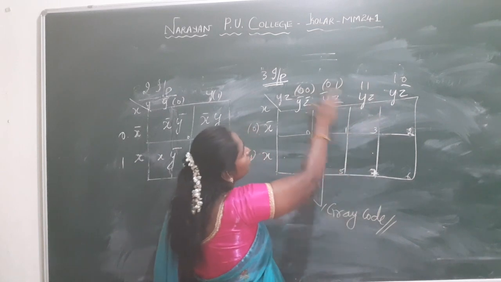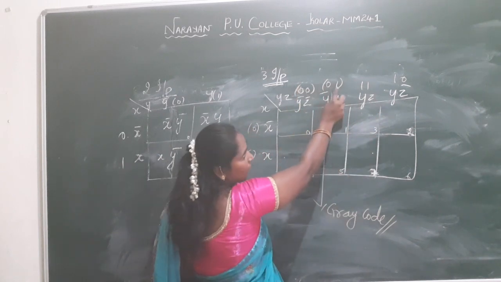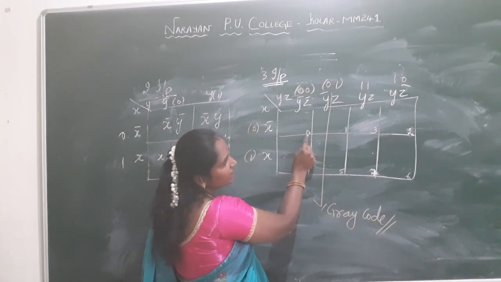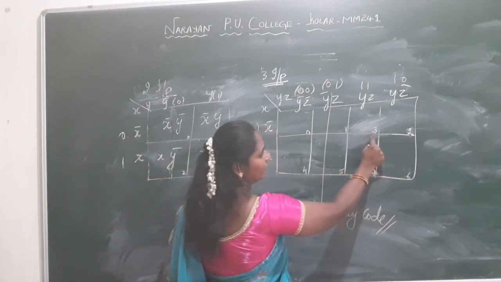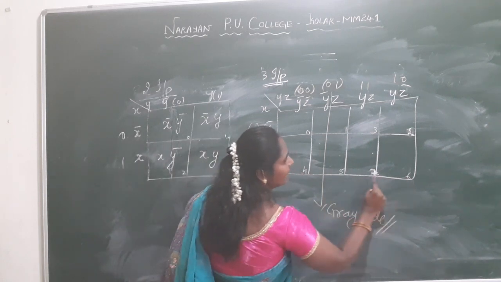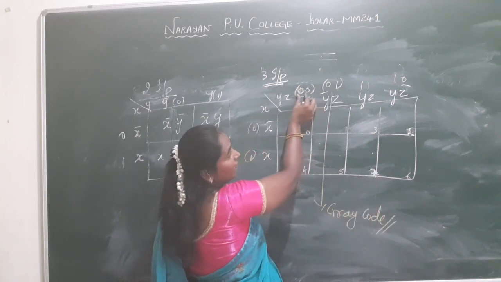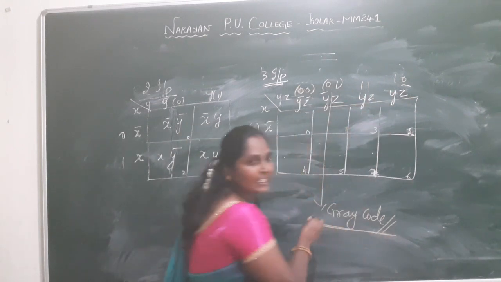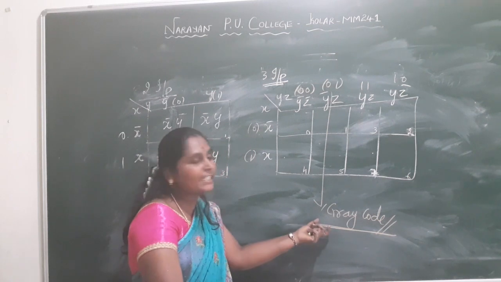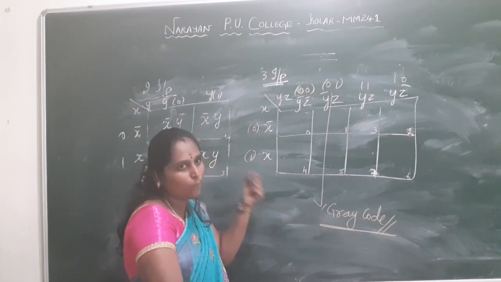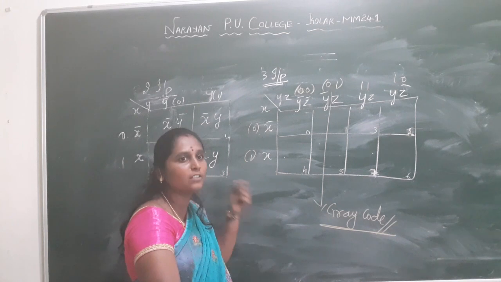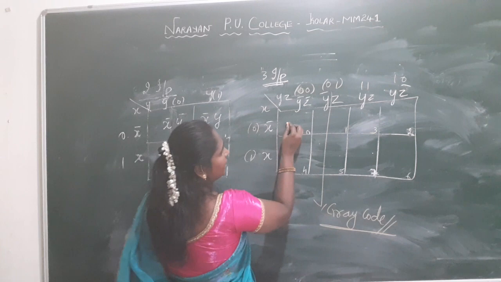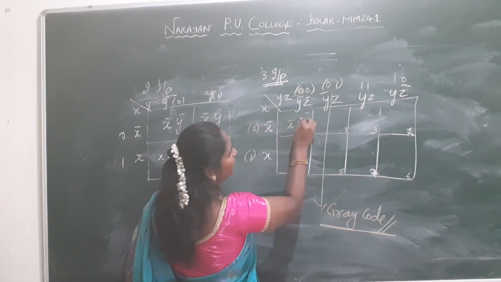So the rule used in a K-map is 0, 0, 0, 1, 1, 1, 1, 0. That is the representation of your subscripts 0, 1, 2, 3, 4, 5, 6, 7. This representation of binary values we call the gray code. This is a binary code in which each successive number varies by one place value or one bit, which can be a complemented or uncomplemented bit. Here the representation of the expression is x bar, y bar, z bar.